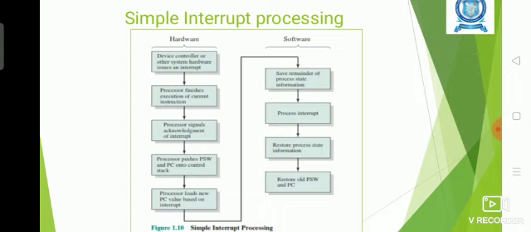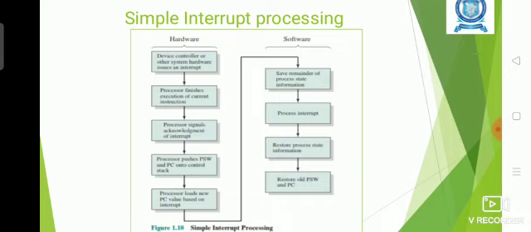If any interrupt arrives at the processor, and it decides to respond to the particular interrupt, the processor will send the acknowledgement signal to the device that sent the interrupt. Now what will happen is the current program execution will be suspended, isn't it? Sometimes the program execution is stopped at 50%, means